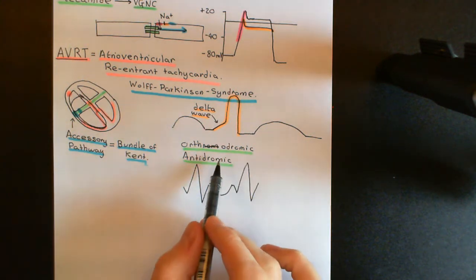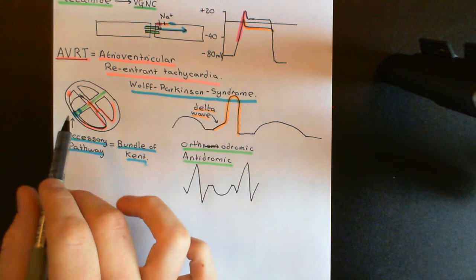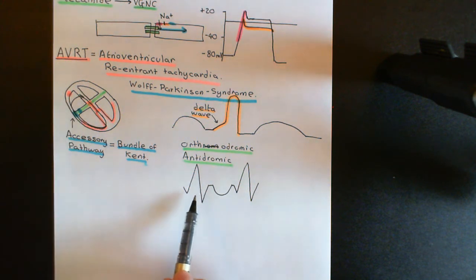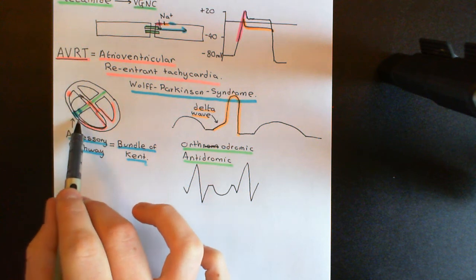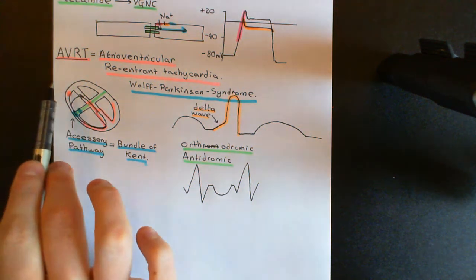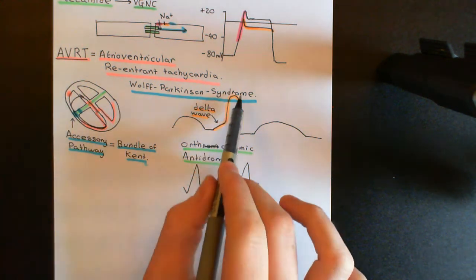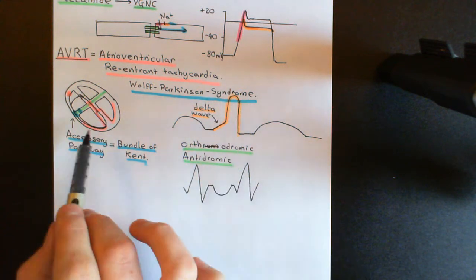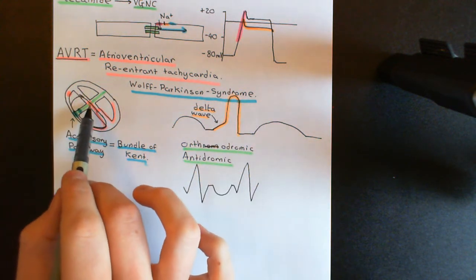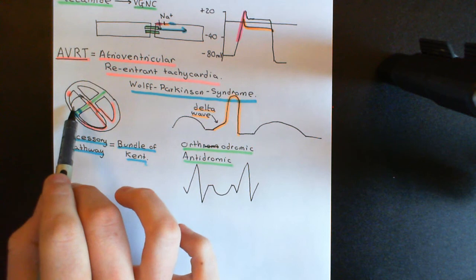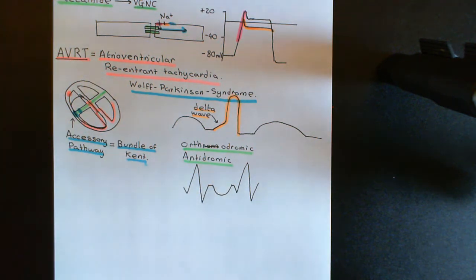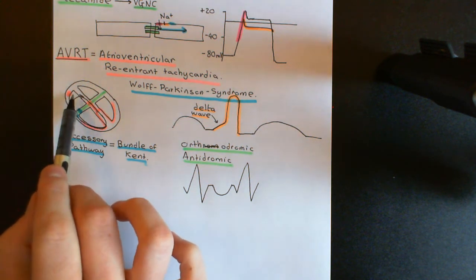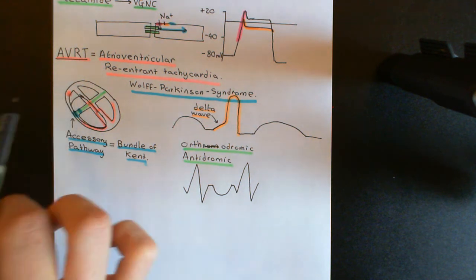Let's now talk about what it would look like if we were going around in an antidromic direction. Well, here the QRS complex wouldn't look normal. It would look more like this, because you get the electrical signal coming down the bundle of Kent, okay, propagating all through the ventricles in this way, so you get a QRS complex looking like this. Then it will go up the ventricular conduction system, up the AV node, and then it will be released onto the atria. So you then get, again, an inverted P wave because of the retrograde conduction of the electrical signal up the atria. And again, that retrograde signal would meet the anterograde signal coming from the sinoatrial node, and they